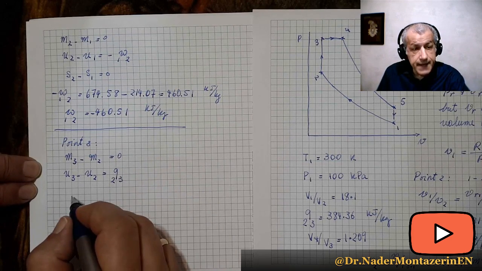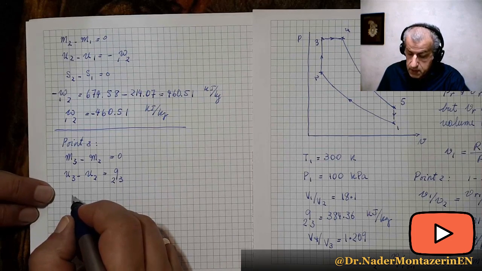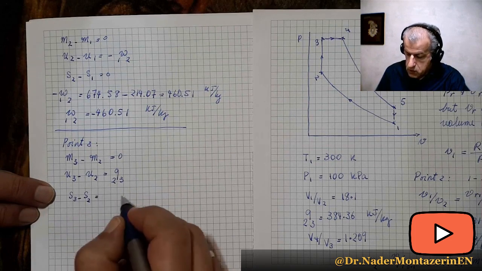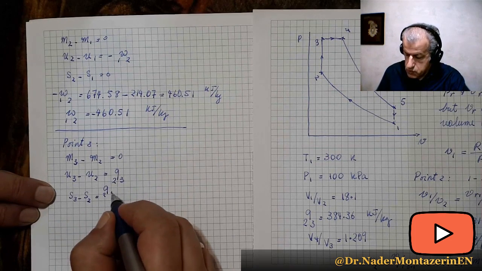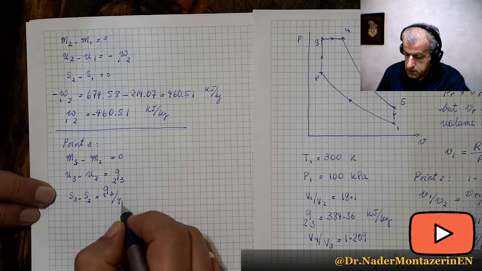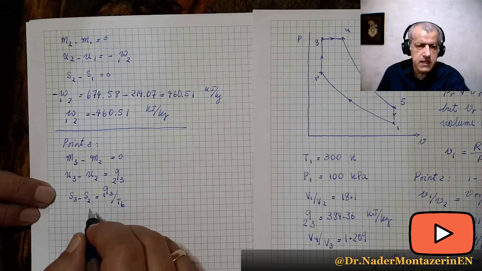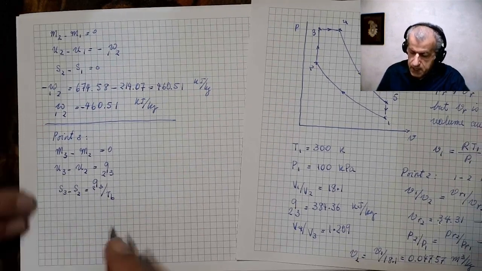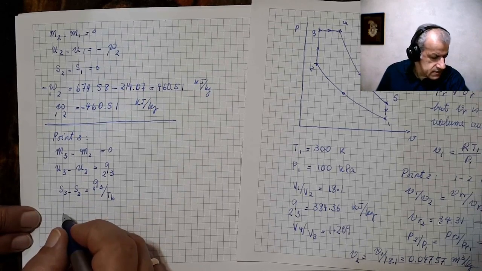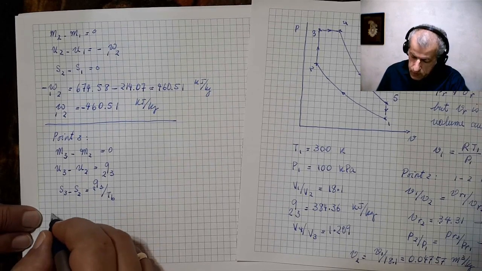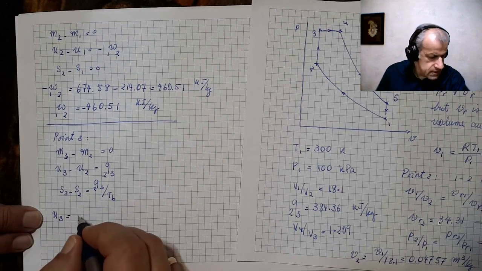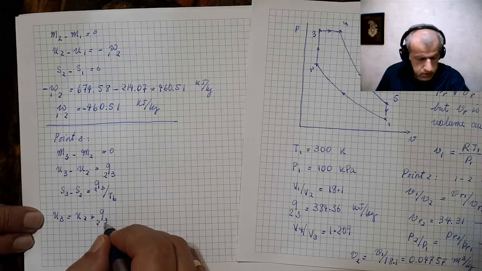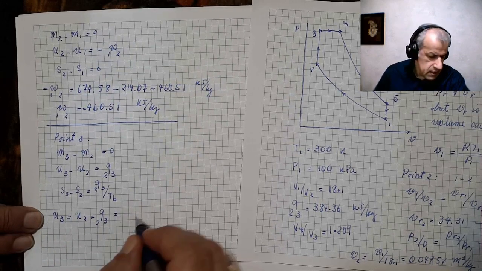And then, of course, the second law is that S3 minus S2 equals Q2,3 divided by temperature. We don't usually need that equation. We don't use it here, but this one helps us a lot, since U3 equals U2 plus Q2,3, and the outcome is